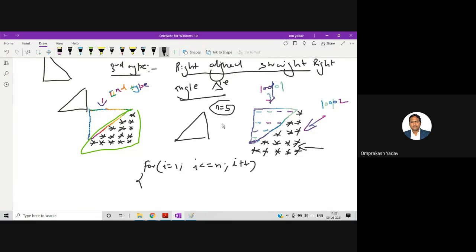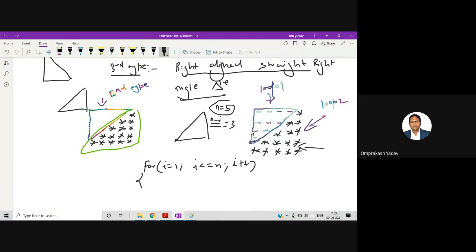Okay, the first time I value is what? 1. If we say n minus I, so first time I will be 1, n minus I will be what? 4. So 4 we will get. In the second row, n will be 5, but second time I will be 2. So n minus I is 3.